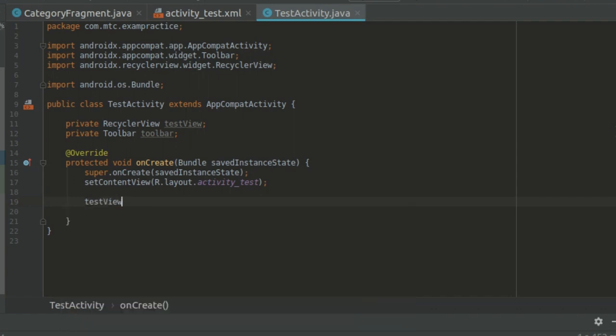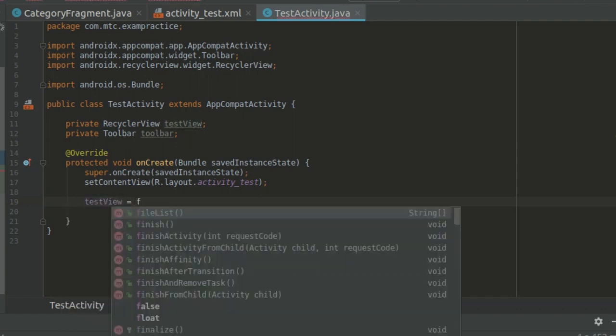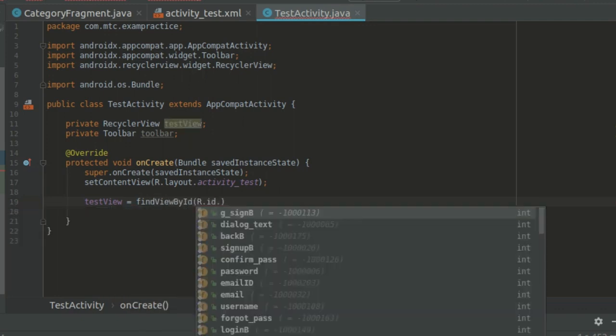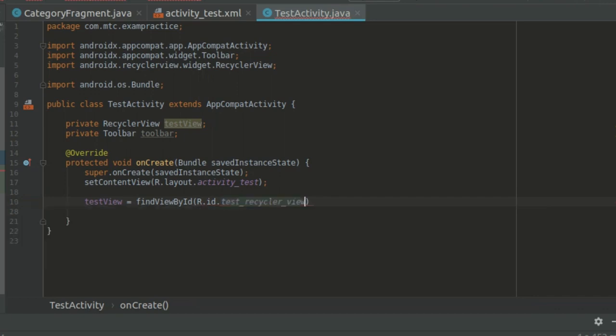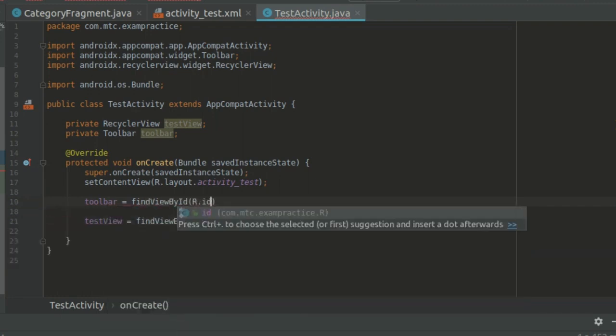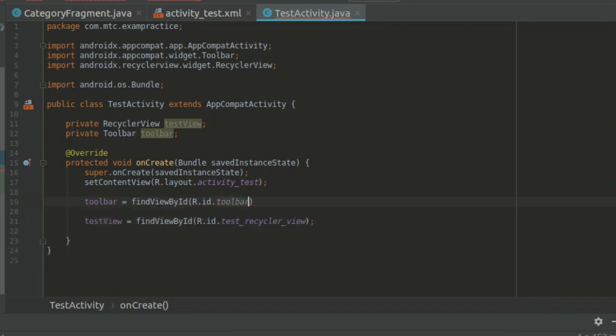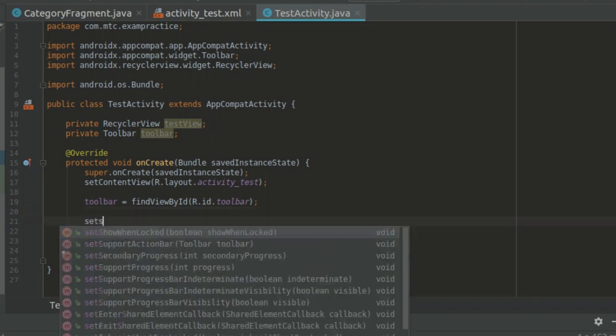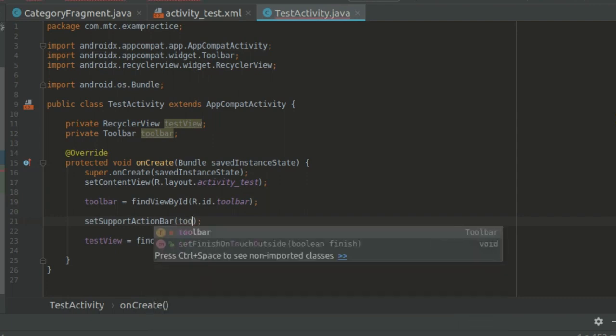So test view is equal to findViewById R.id.test recycler view, and also toolbar is equal to findViewById R.id.toolbar, and we will set supported action bar to this toolbar,